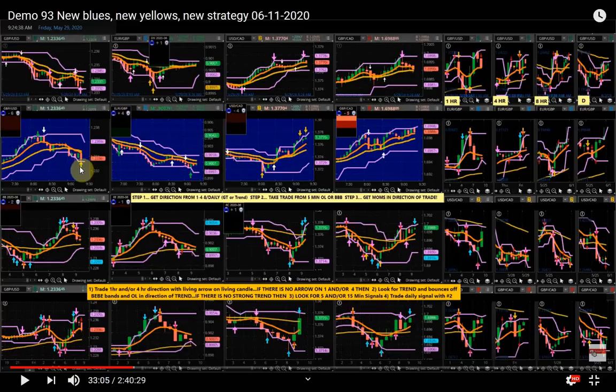Excuse me, if this broke down here, then no, that's not a first move. But at the moment, because it's only come back to that BB band, right, which was created here with this new low, right, then second move, this now. Alright,